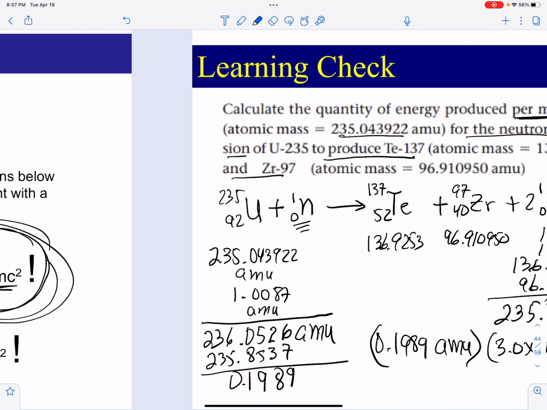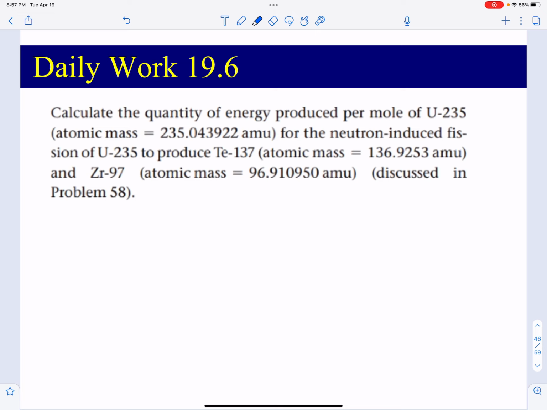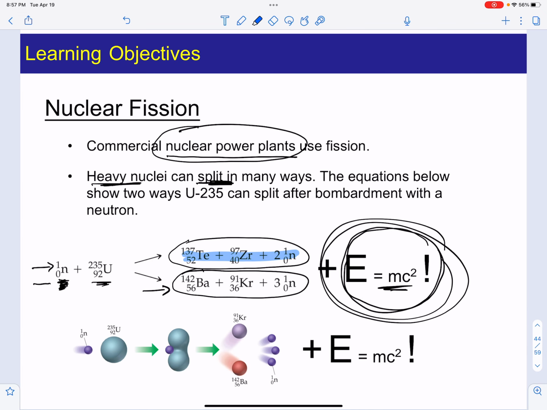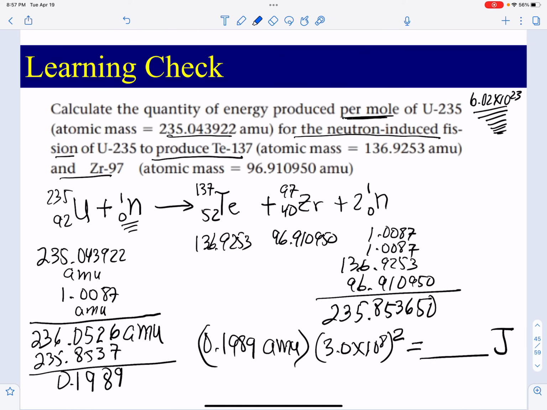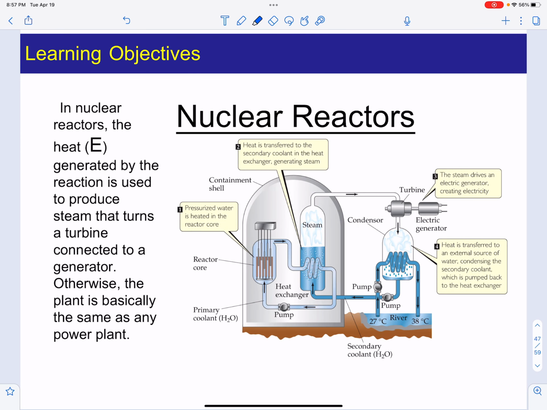So when you do your daily work, you get to do the second one. So what about nuclear reactors? And make sure you go to the textbook and check all those calculations in more detail so you can go